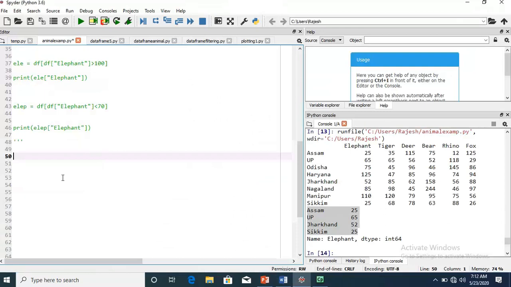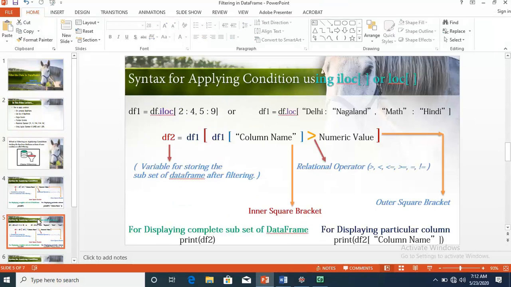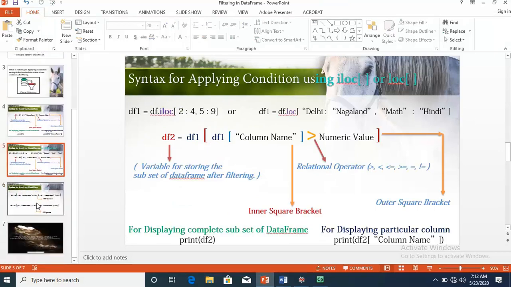So again I will take a variable, say tg, then df. You may remember the syntax: df, then square bracket. When we have to apply multiple conditions, you have to learn the syntax. I have created a slide for this.